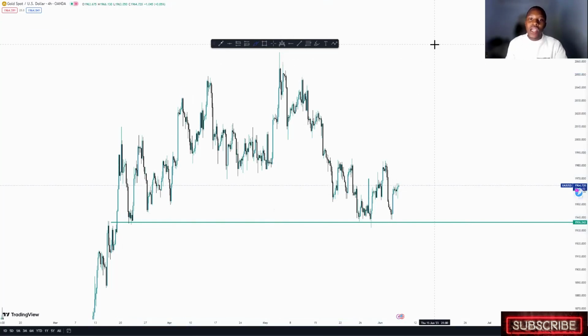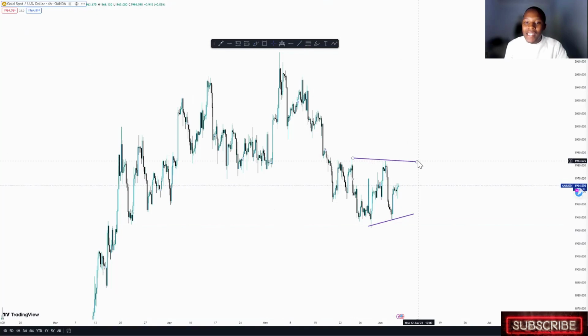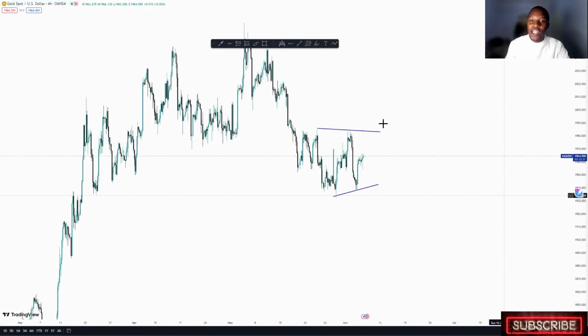But let's focus now on what will most probably happen here. On gold, we have those two touches at the bottom, and then these two at the top, and then these two at the bottom, and then the support level. But I'm just going to erase it. And then I'm going to get inside that structure so that everything becomes much clearer, because we have an anticipated third touch over there if you look carefully.